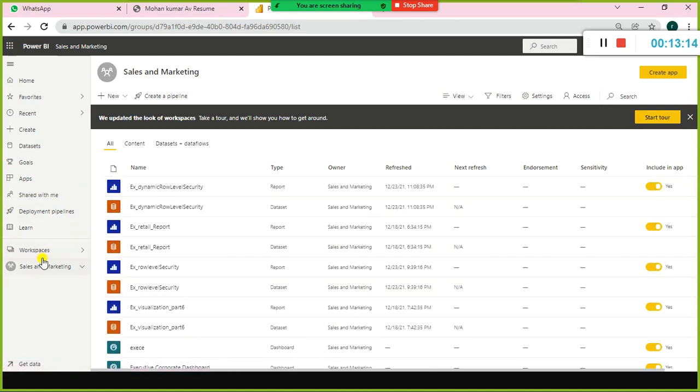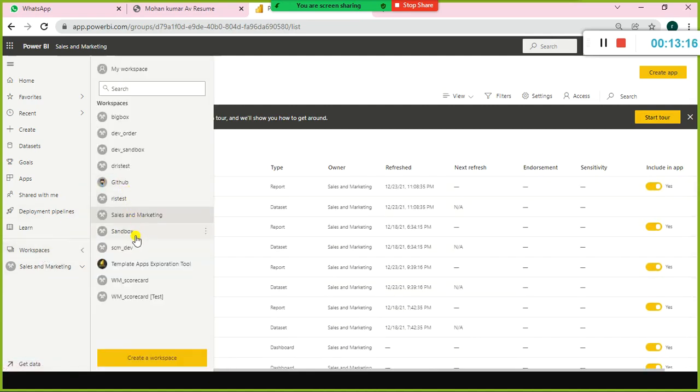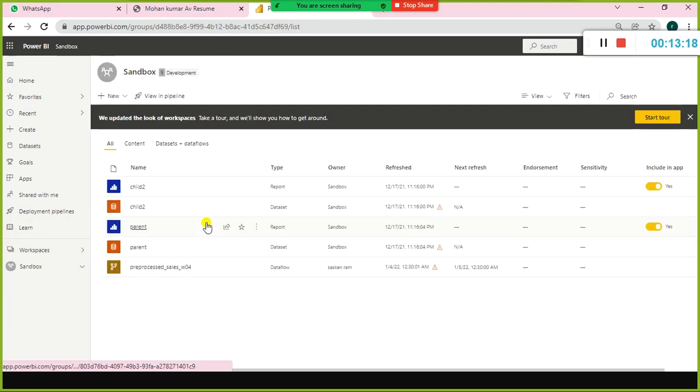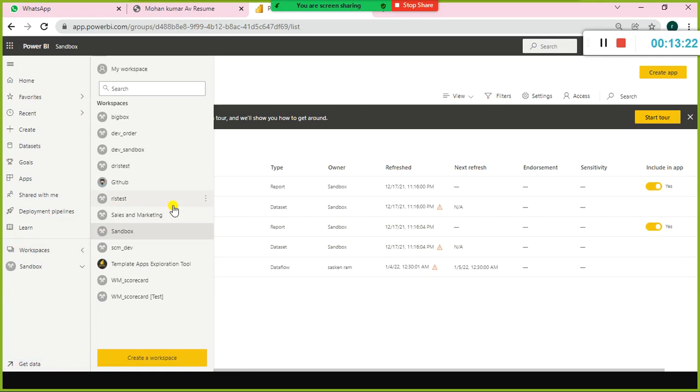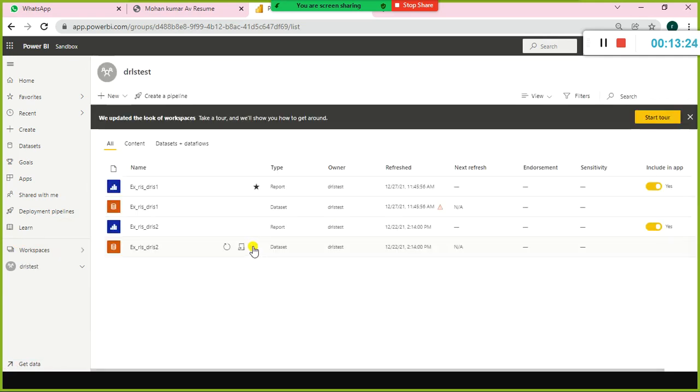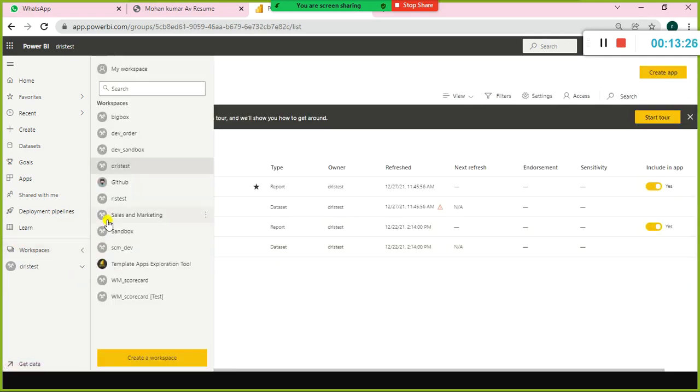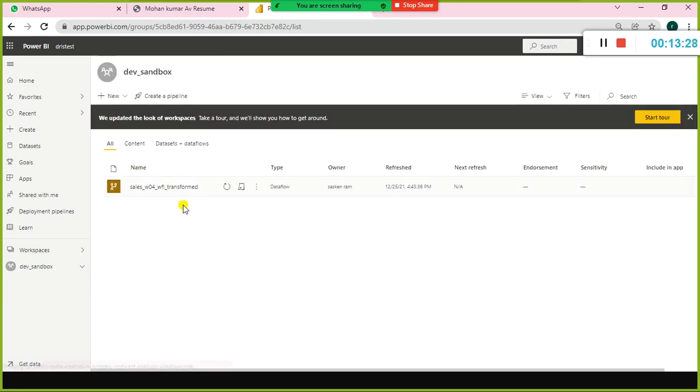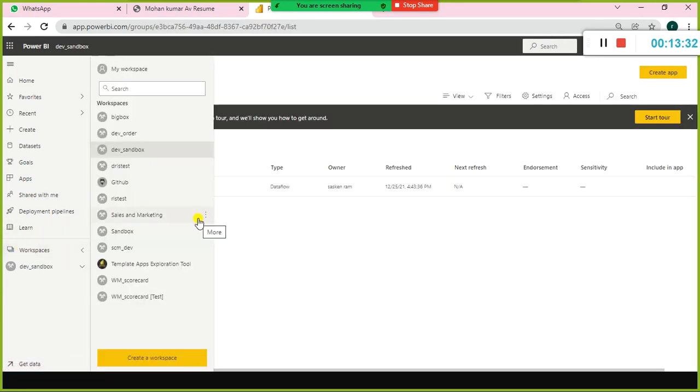In fact, we did scheduling also yesterday, and the sandbox. The file name was something like query parameter, right? Anyhow, I hope you remember what we discussed.